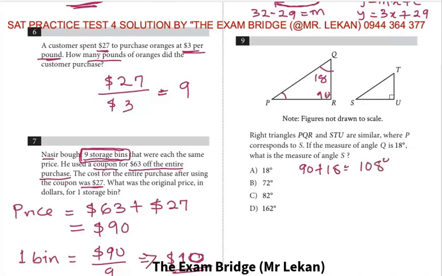And the sum of angles in a triangle is 180. So that means the last side will be 180 minus 108, which will give me 72. So this is 72 degrees. And the question says, what is the measure of angle S? So this S